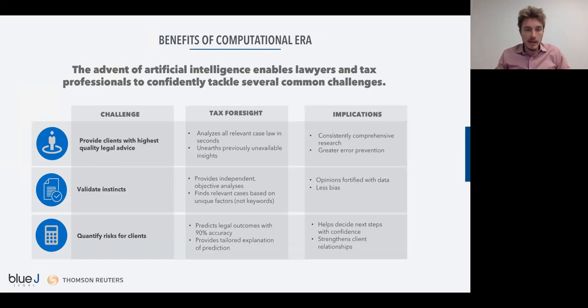So again, I've kind of touched on this a little bit. How are people using this? So these are kind of three of the main things that we hear from our clients, aside from some other reasons people end up using our products. Just being able to provide the highest possible quality in your advice, that's one. Tends to be, again, senior practitioners, obviously been practicing the area for 20, 30 years,